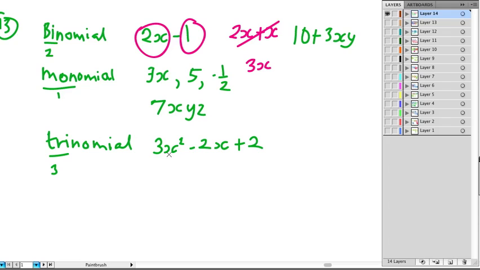Now notice that we have an x here and an x there. These x's cannot be combined because the exponents are different. This is just x to the invisible 1. This is x squared. But this thing does have 3 terms. Here's the first term. Here's the second term. And here is the third term. So this trinomial